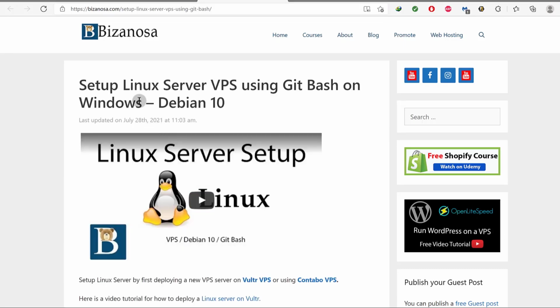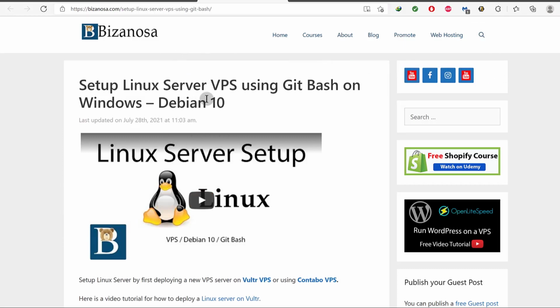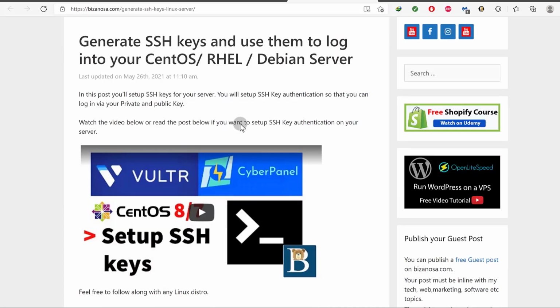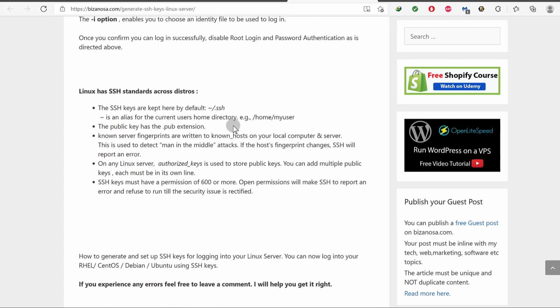The post that I will use for this is this, and you'll find the link in the description. And even if you don't, just go to my website and you can search for this title. If you're on Windows, follow with this post. If you're using a Mac or Linux, then come to this other post, generate SSH keys, and use them to log into your CentOS RHEL Debian server. This is for Mac and Linux users. It's a very long post, but it has everything that you'll need